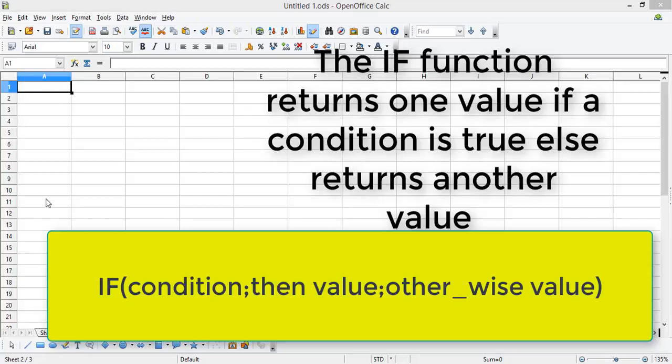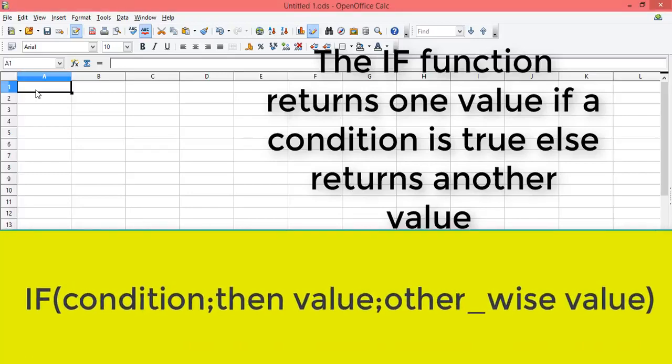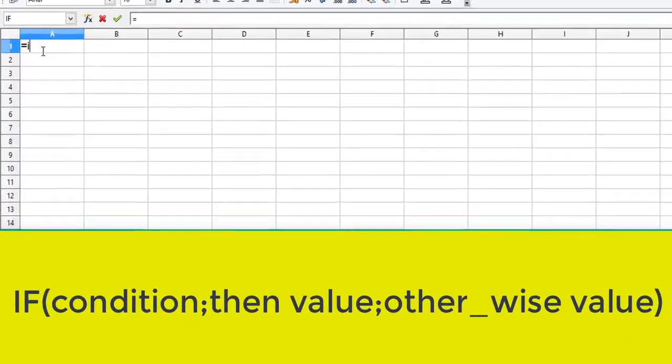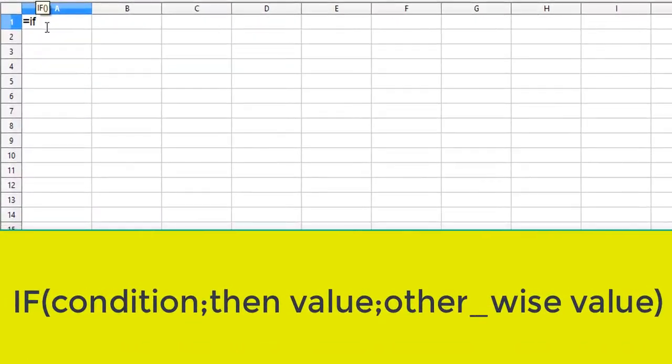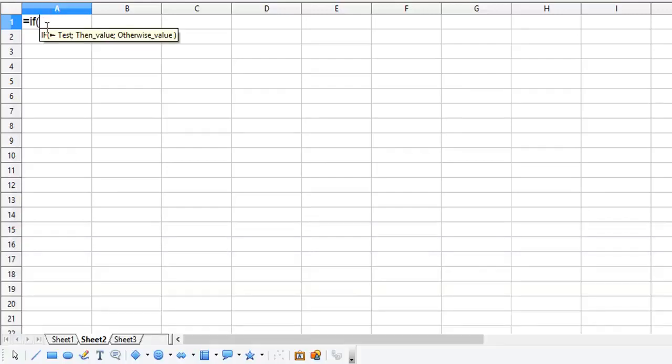Whenever you want to apply a formula, you have the equal to operator. Next I write the function name IF, then start the parenthesis. These two brackets already represent that you have a function. In that bracket, what we have to write is: first your test, semicolon, then value, semicolon,